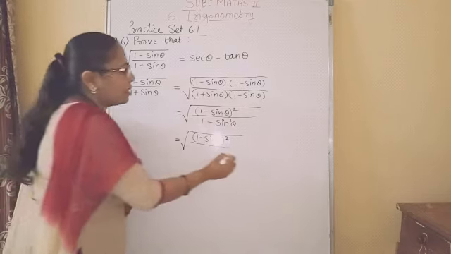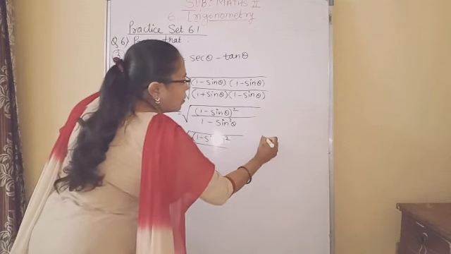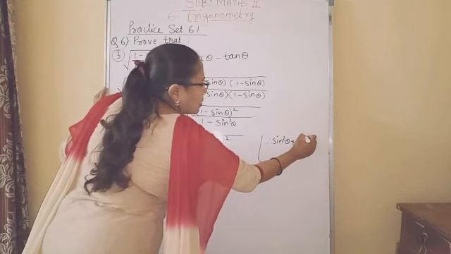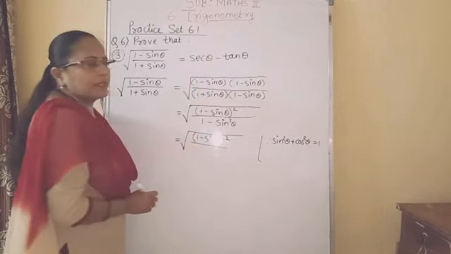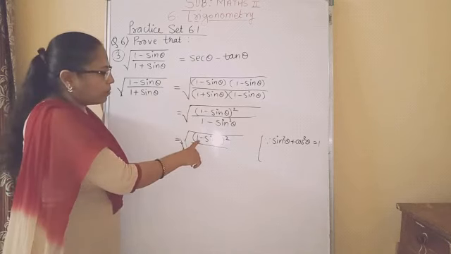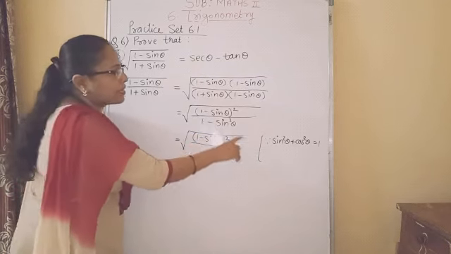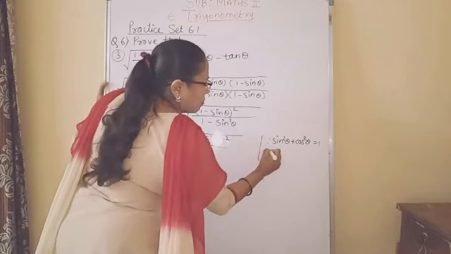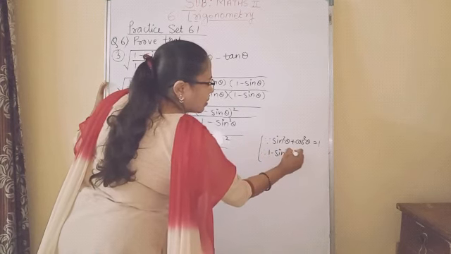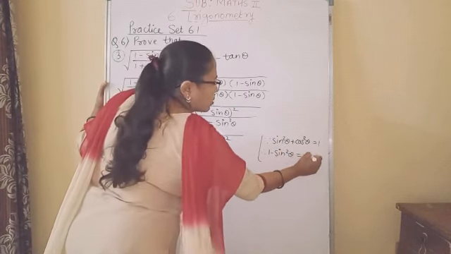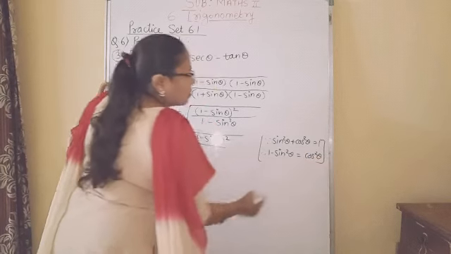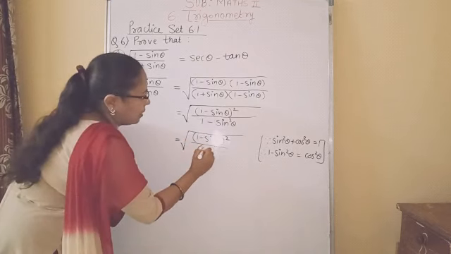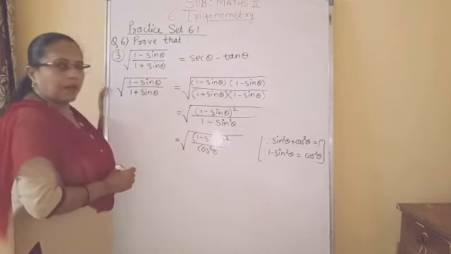Now how it comes, let us see here. Because as we know that sin square theta plus cos square theta is equal to 1. This identity we know. And which value we want here? 1 minus sin square theta. So we will take sin square theta to the other side. We will get 1 minus sin square theta equal to what we will get? Cos square theta. Understood? So instead of 1 minus sin square theta, here we will get cos square theta.